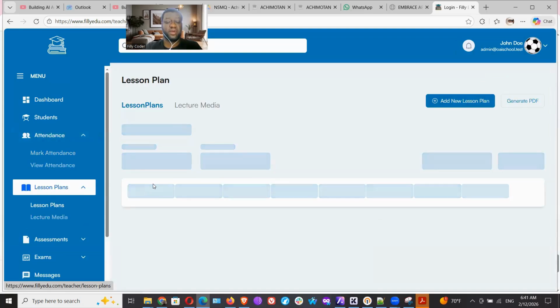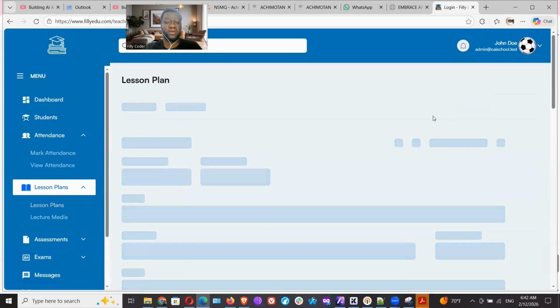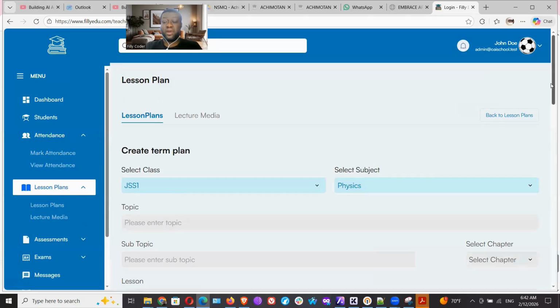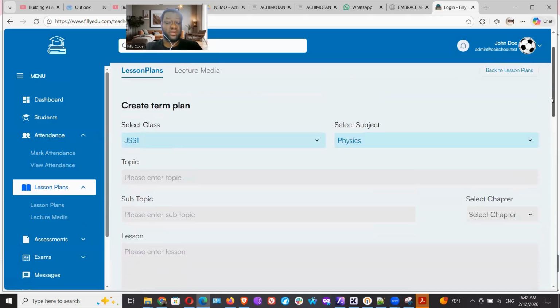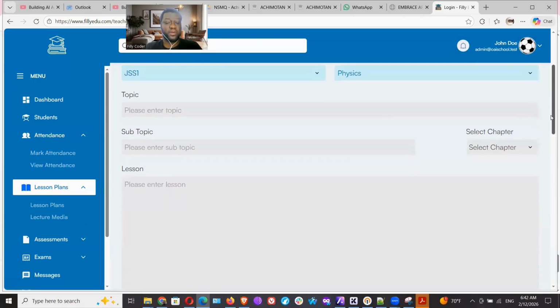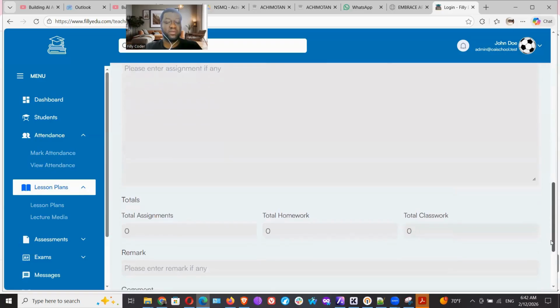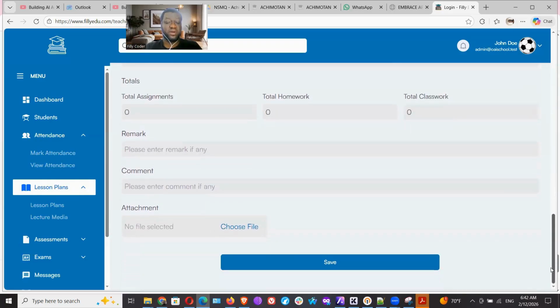On the lesson plans here, if any lessons have been created, you'll see them here. And again, you can filter by subject and class. If I click add new lesson here, I can enter the details. I'll go to new term plan. So topic, subject, lesson, outcome, assign if there's any assignment to go over. You can enter various details about the lesson,